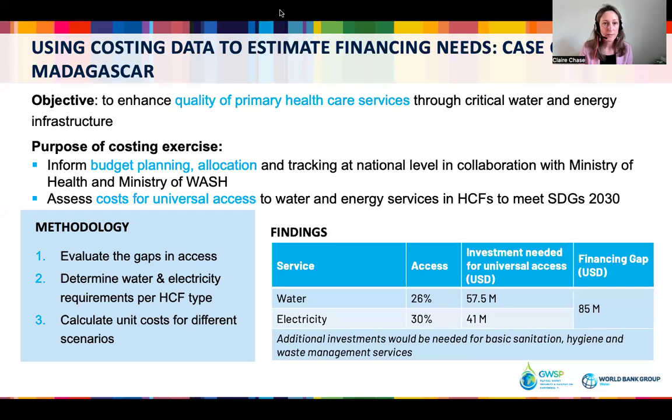And then they developed different scenarios for scaling up. The top level finding there was that a total of 98.5 million was needed to achieve universal access. Then they looked at what was already being spent through projects that were in the pipeline or already ongoing, and identified the financing gap of 85 million. So now when the World Bank or another multilateral development bank or donors come into that setting, we have a very concrete estimate to be able to inform the financing.